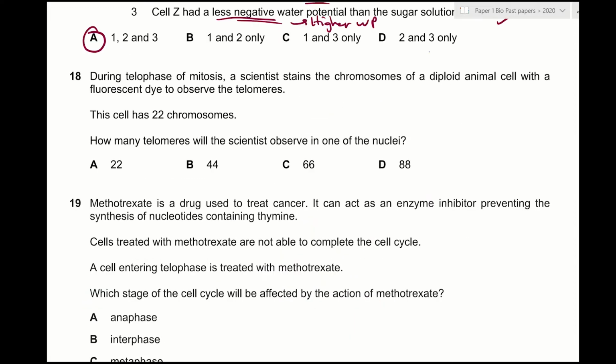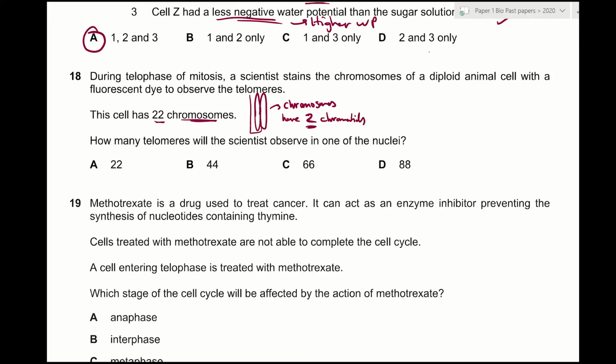Question number 18. During telophase of mitosis, a scientist stains the chromosomes of a diploid animal cell with a fluorescent dye to observe the telomeres. This cell has 22 chromosomes. How many telomeres will the scientist observe in one of the nuclei? So let's just break down the question. We have to first know the difference between chromosomes and chromatids. So chromosomes have 2 chromatids,